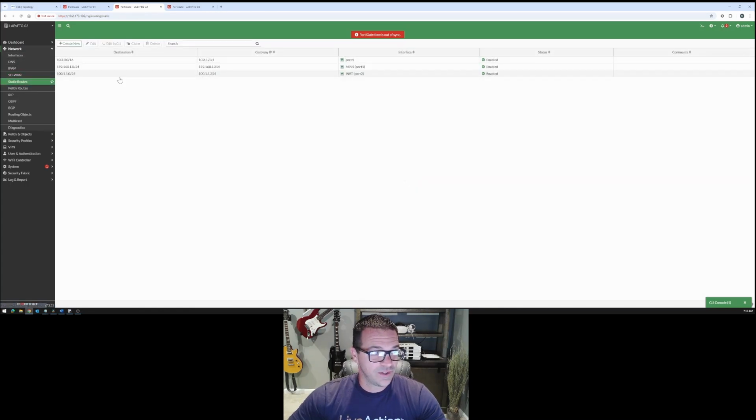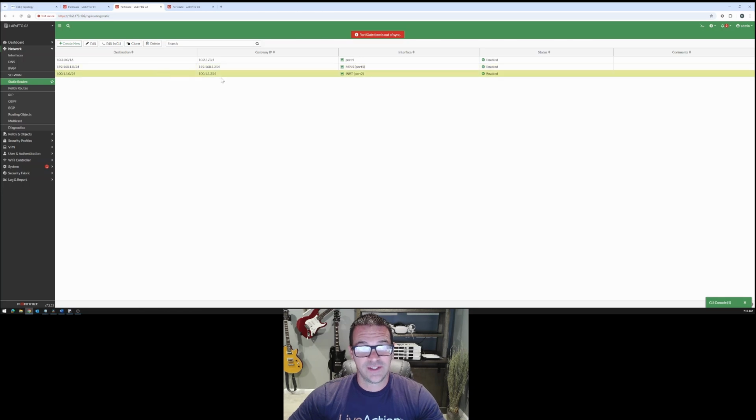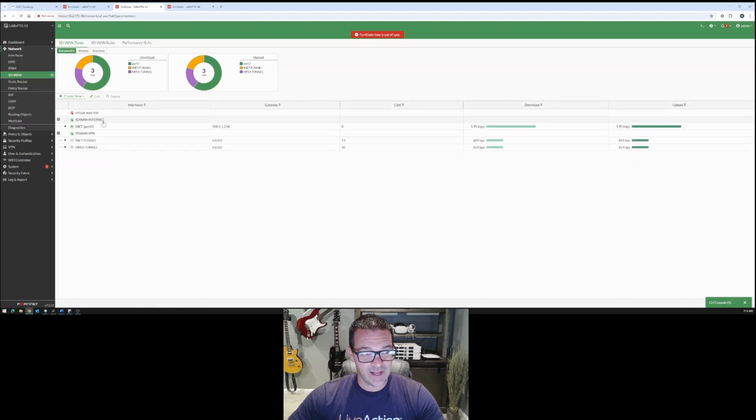So we knew that we had some static routes defined. The first one is nothing more than the management, so we can disregard that. We had created a simple static route for any and all MPLS destinations to go out the MPLS, and to reach the 100 network for internet, go out port 2. However, we don't have a default route, so we're never going to be able to ping 8888 if we don't have a default route. Now, when we introduced the concept of the SD-WAN zones, okay, we had created 2 zones,